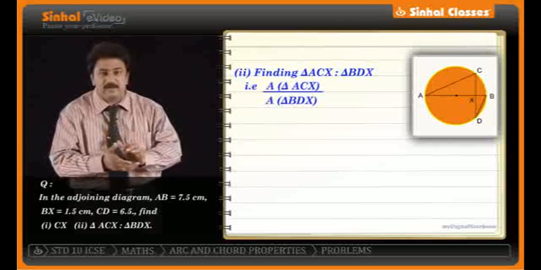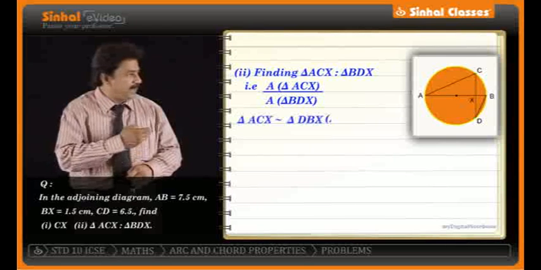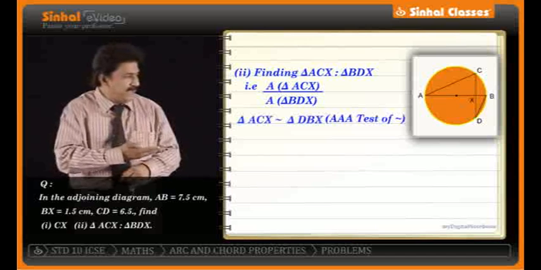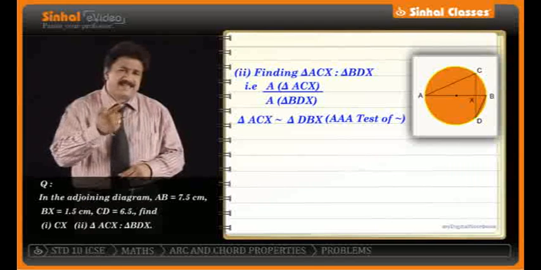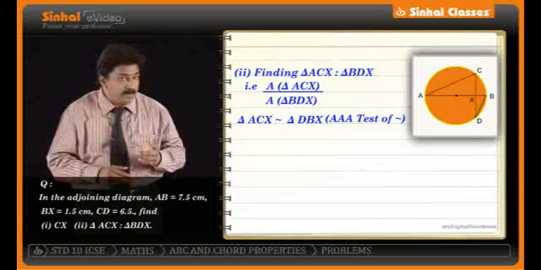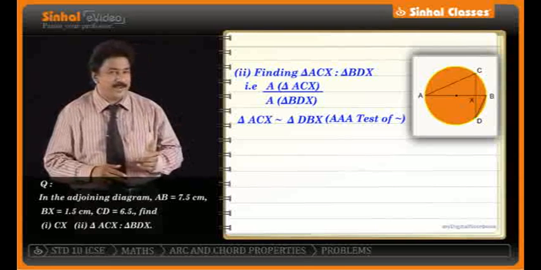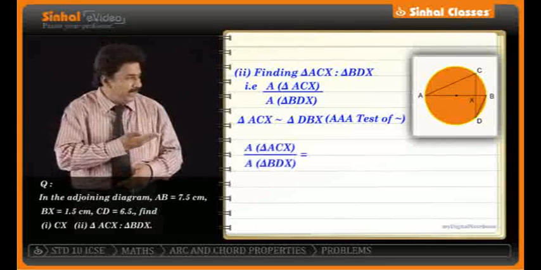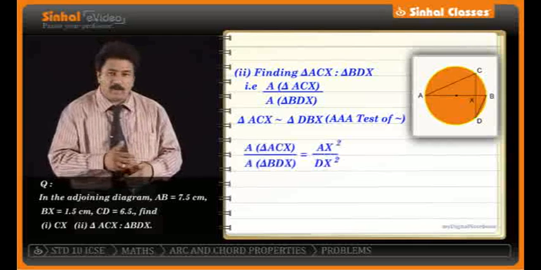First of all, I want to prove these two triangles are what? Similar. Yes, both the triangles are similar. By which test? By AA test of similarity, I can prove that triangle ACX is similar to what? Triangle BDX. When two triangles are similar, the areas are in proportion to what? Side square. I repeat once again, the areas of similar triangles are in proportion to side square. So what do I get? Area of triangle ACX upon area of triangle BDX is equal to AX square upon DX